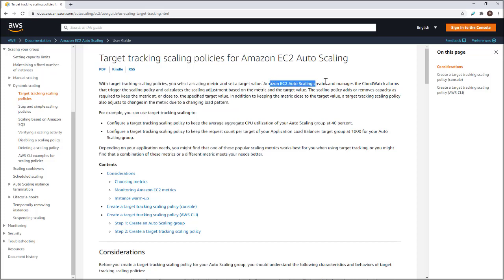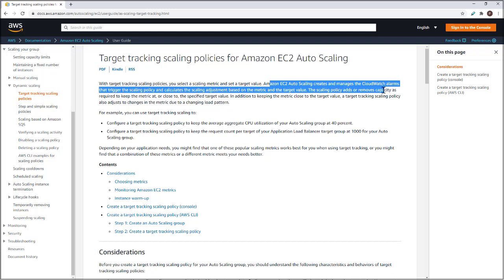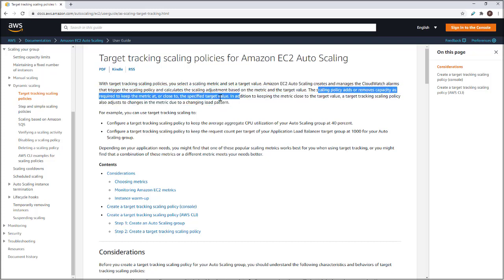EC2 Auto Scaling creates and manages CloudWatch alarms on your behalf, so you do not have to do it on your own. Those alarms trigger the scaling policy, which calculates a scaling adjustment based on the metric and the target value. The scaling policy adds or removes capacity as required to keep the metric at or close to the specified target